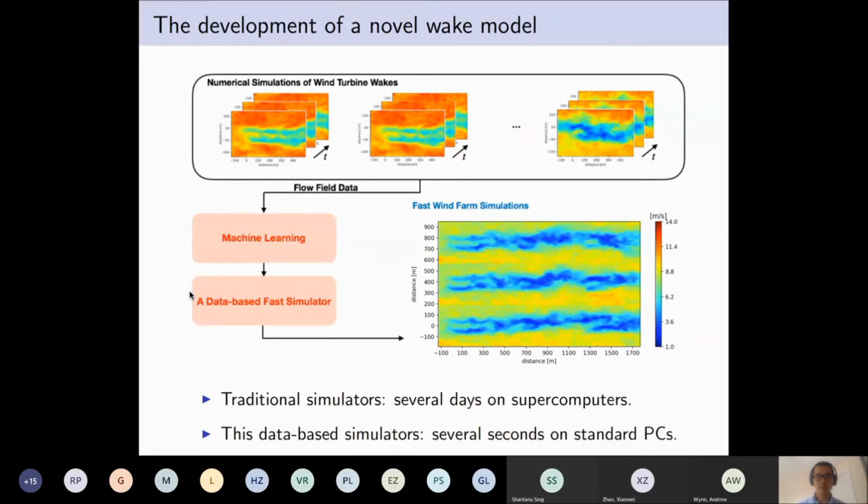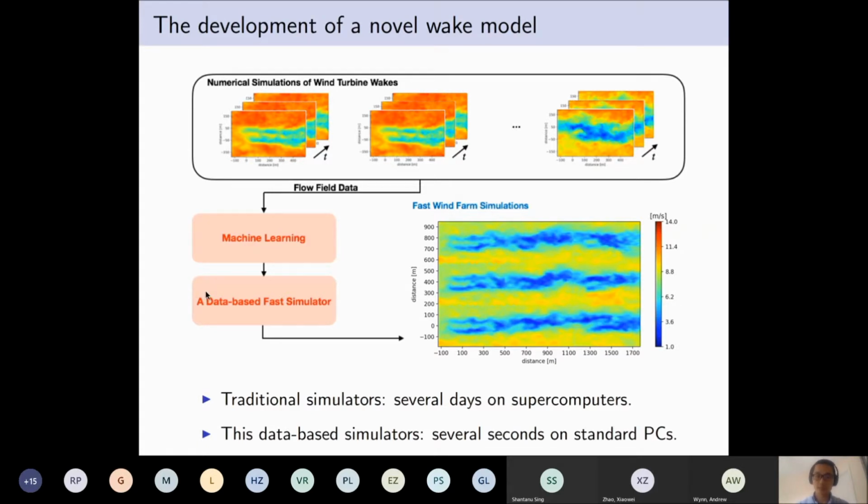And from these unsteady wake scenarios, we build a machine learning model to learn from this database. After training, we obtain a data-based machine learning model, which can be used for fast wind farm simulations.